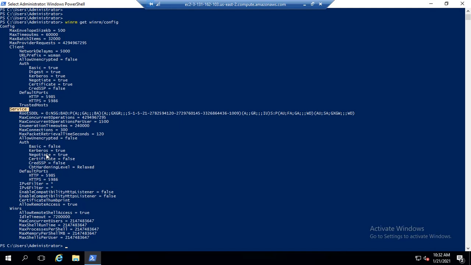Go to the service section. Here you can see basic authentication equal to false. So the basic authentication must be true in this case, and the port should be open for 5986 and 5985 for WinRM. So we have to set basic authentication equal to true.